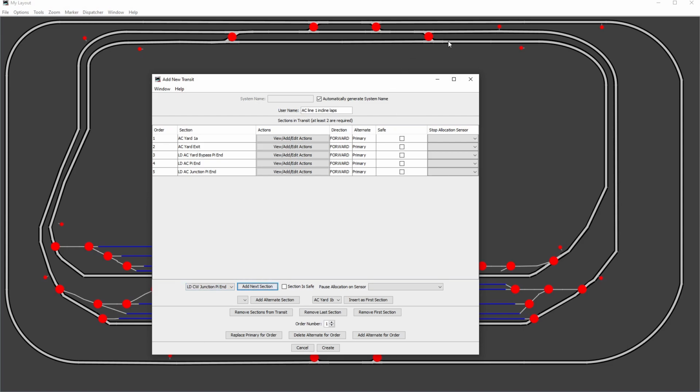I'm onto a section that has a turnout in it, a set of points. So it gives me a choice of two blocks here or two sections here, because it's saying you can either go straight on down here or you can go through this turnout and end up here. This time round I'm going to stay on the anti-clockwise line, so we'll go for that one and we'll carry